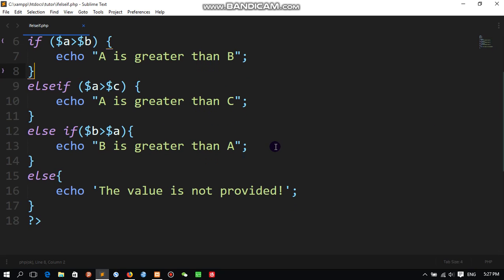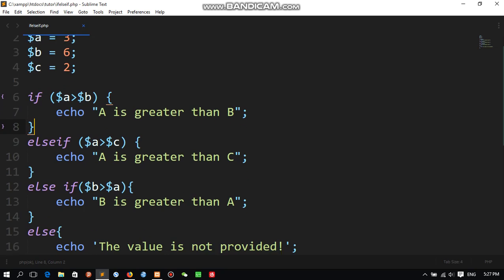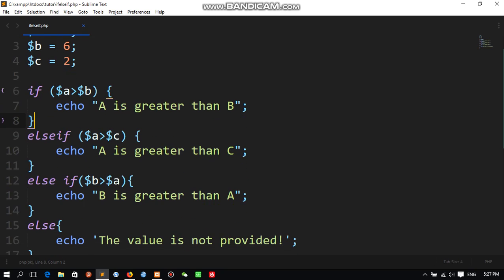But if we want to change these if statements to check all three, we have to use operators like OR. Over here, let me use double quotes.